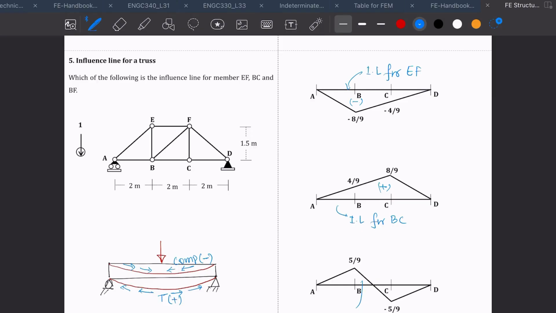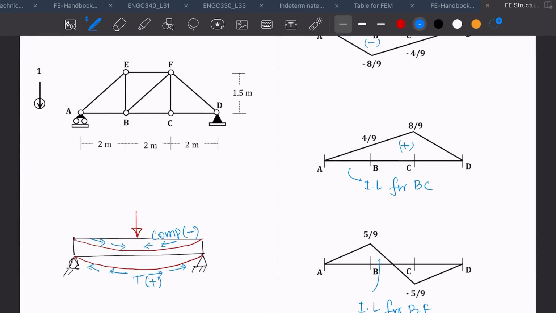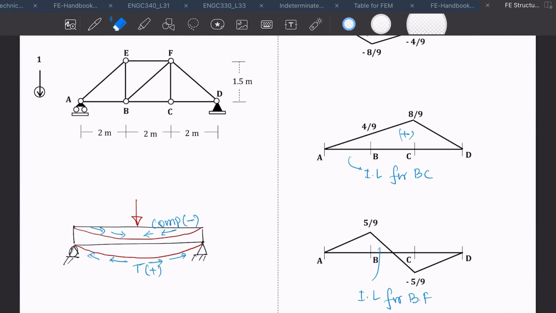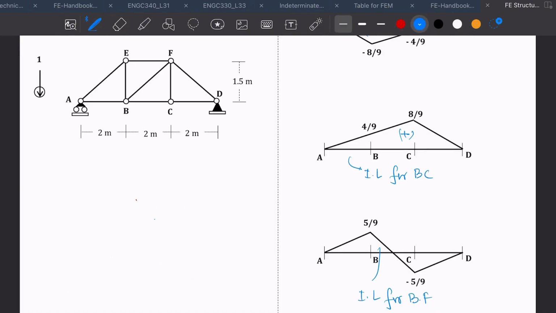Okay, so that is all about the influence line for truss. And in case you wanted to know how we calculate the influence for truss, we'll again use the concept of influence line. First of all, you want to know what is the influence line of the AY reaction, and we have already calculated the reaction. So we'll apply a unit load, and it will be a triangle because we cannot move the joint